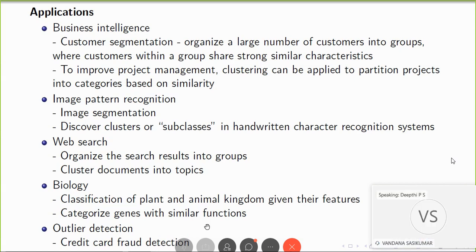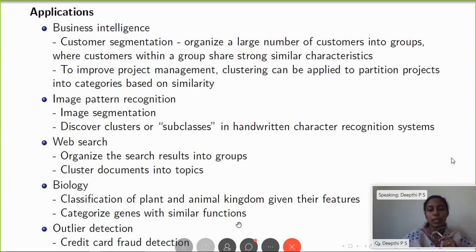So outlier detection means outliers are points that do not belong to any cluster. There can be a chance of noise in a cluster, so we have to identify them and remove them. Outliers are noises or points that are significantly different from other points in the cluster. So when we do clustering, there can be significantly different points. They have to be identified. That is called outlier detection.